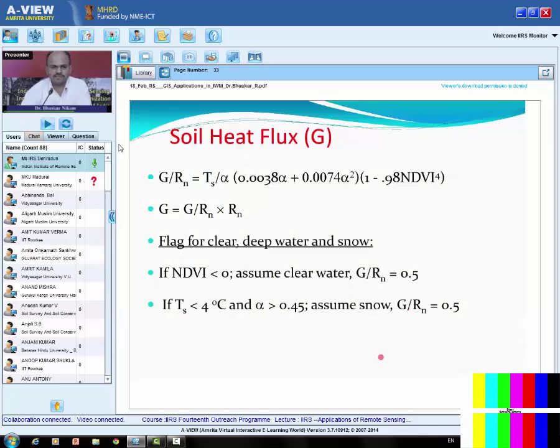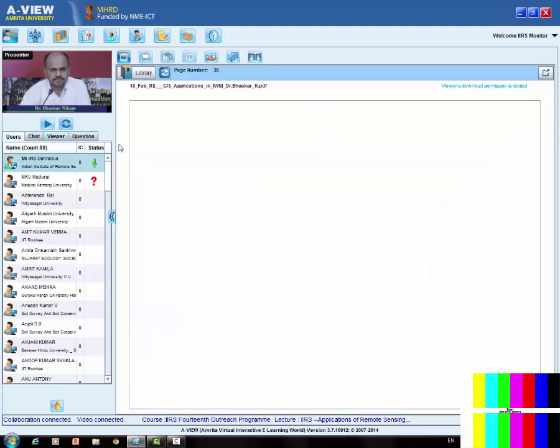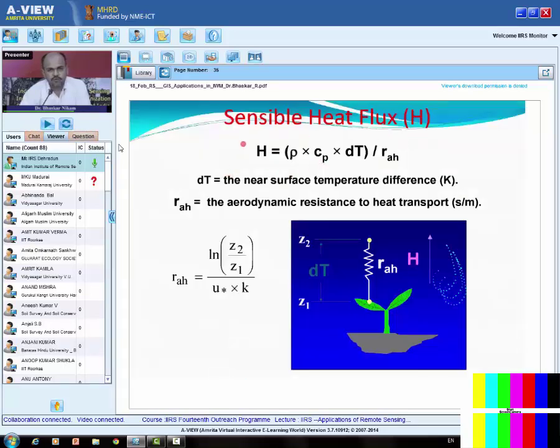To solve the ground heat flux, there are empirical relations available which tell you what the G by Rn ratio should be if this is your land use class. You can use them, or there is a detailed relation for G by Rn which requires the surface temperature, the albedo, and the NDVI. All of this information is already available with us, so we can calculate this ground heat flux. So we have solved the net radiation, we have solved the ground heat flux. And now